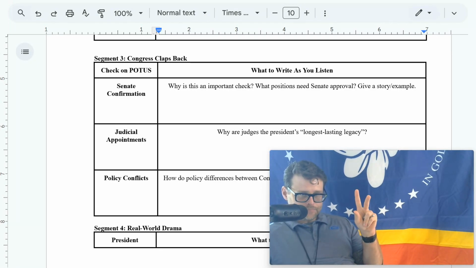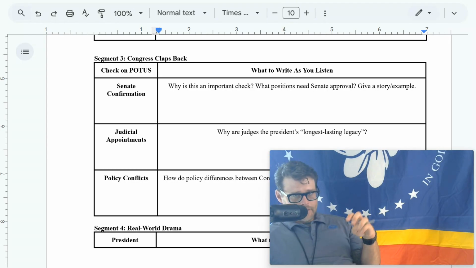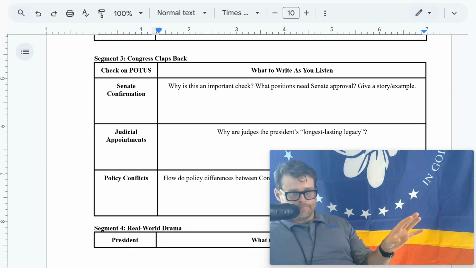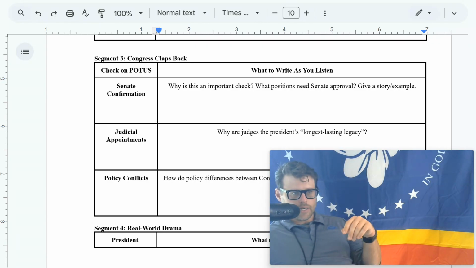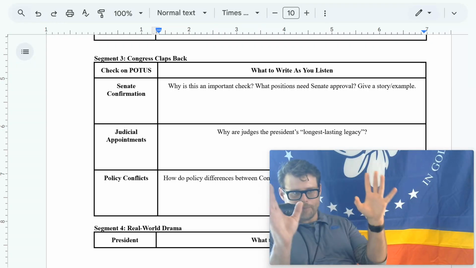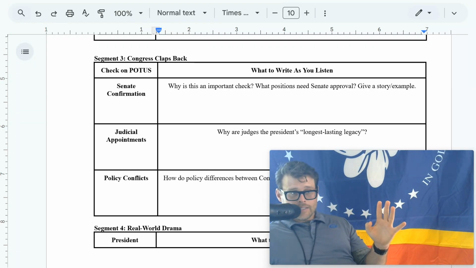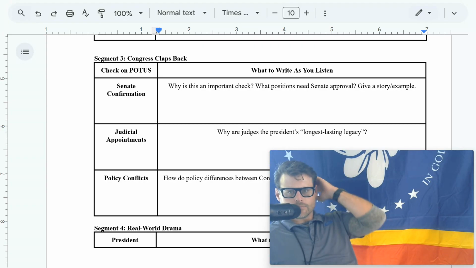Segment 3. Congress claps back. These are your checks. This is topic 2.5. We just did 2.4. All right, now let's talk about the drama. Congress is not just chilling. They've got checks laid out in the Constitution, right? Thank you, Baron de Montesquieu from Unit 1. Thanks for the separation of powers, checks and balances. Federalist 51, James Madison laid out separation of powers. Ambition must check ambition. Man, spiral all that stuff back in.